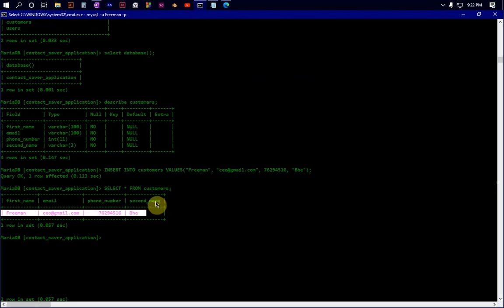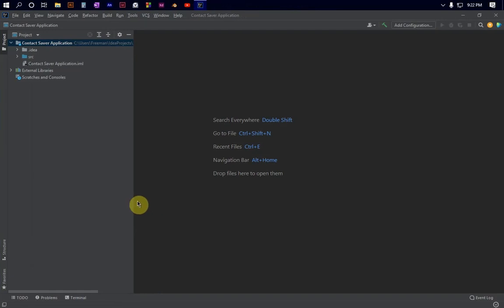So let us check back in our program if it has been created, and it has been created, I assume. So now this is the project structure. We have contact save application in here. We need to create a GUI form, right? So I'm just going to right click in here, and then do I need